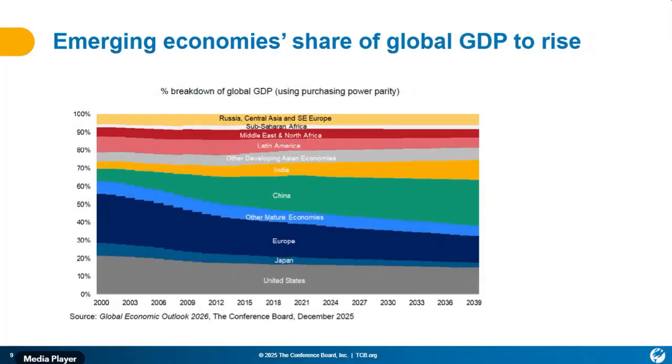Here we're looking at the breakdown in terms of how much of this is mature versus how much of this is emerging. Starting in the 2000s, we had almost 64% associated with mature economies, but that's shrinking down towards the 40s in the late 2030s. Again, these economies have been growing, but there's just been a very, very rapid growth among the emerging economies.